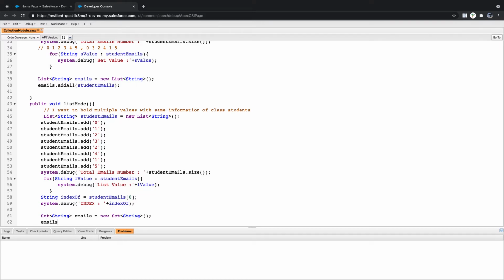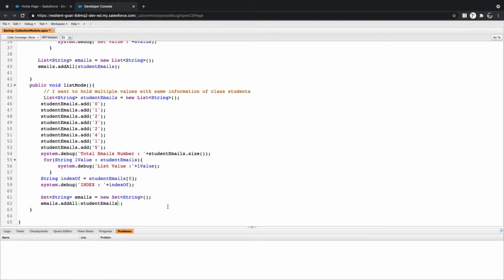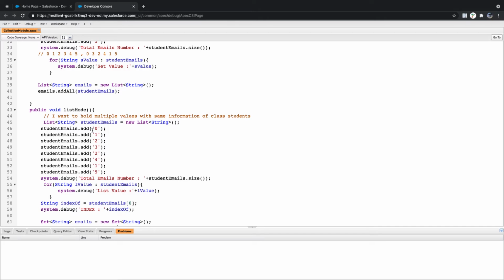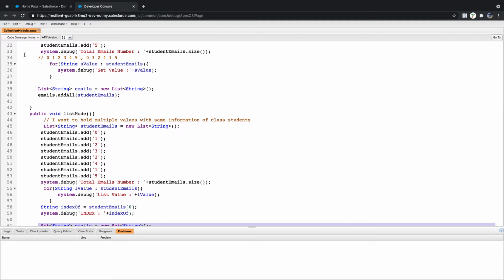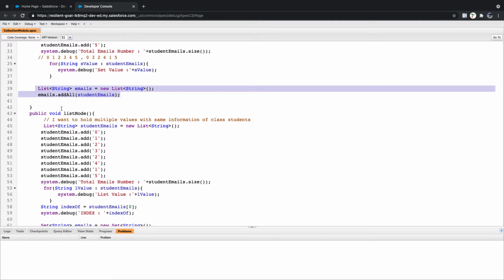Now emails dot addAll, and you can pass your student variables. Now what happened? You can convert either set to list or list to set. The method remains the same, the way you copy values remains the same. Clear?